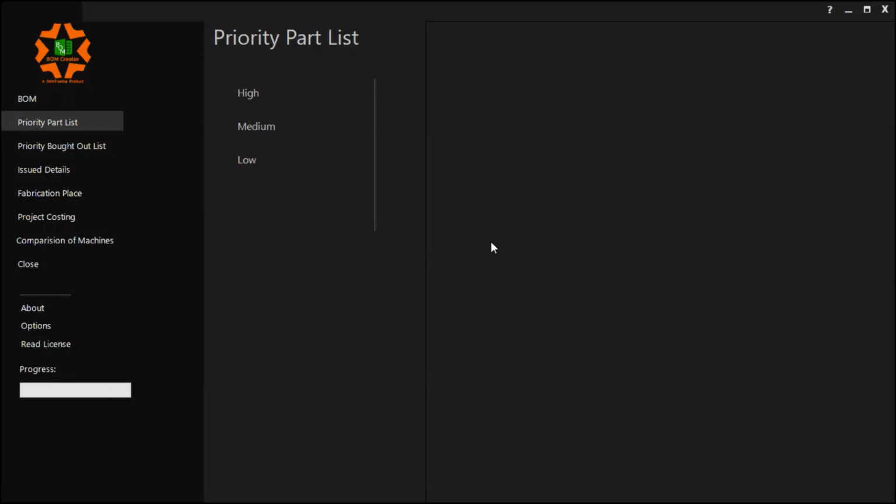Here we give you a provision wherein you can categorize and summarize your major manufacturing parts and set the level of priority in which they have to get manufactured. As a design engineer or a design manager, my intention would be to take first the items which will take more time to get manufactured. So items with a higher manufacturing lead time become part of my high priority part list, items with average manufacturing lead time become part of a medium priority part list, and items with the least manufacturing lead time become part of my low priority part list.